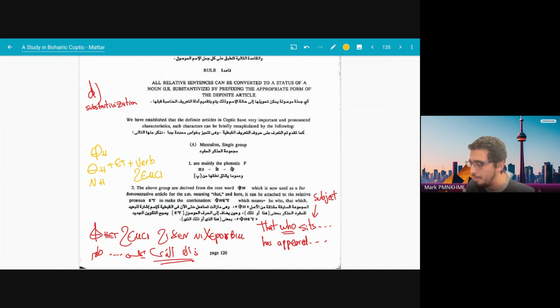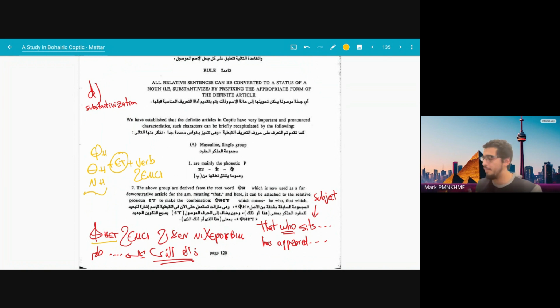It's very common in hymns: fiat hemsi, "he who sits upon the cherubim," and it gets to be used as a noun. Actually, the word for saints is "those who are holy," niyathwab. So this is very common. You're going to see it everywhere where you see fiat, thiat, and niyat. It's basically this plus an et, and then the verb. So "he who sits," or "he who drinks." You just say fiat, so the drinker. Not the drinker, but "he who drinks," and use it as a noun. So "he who drinks is here," or "he who sits is standing up," or "he who sits comes."